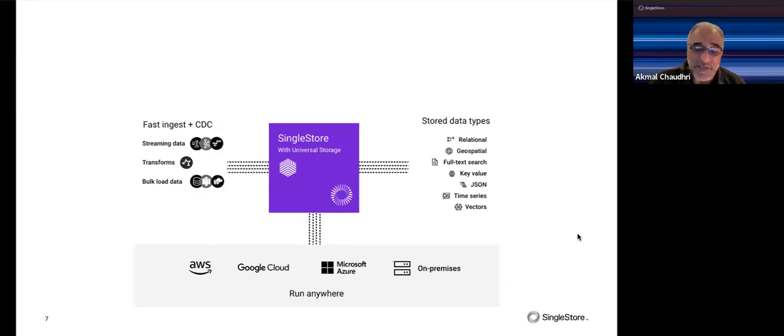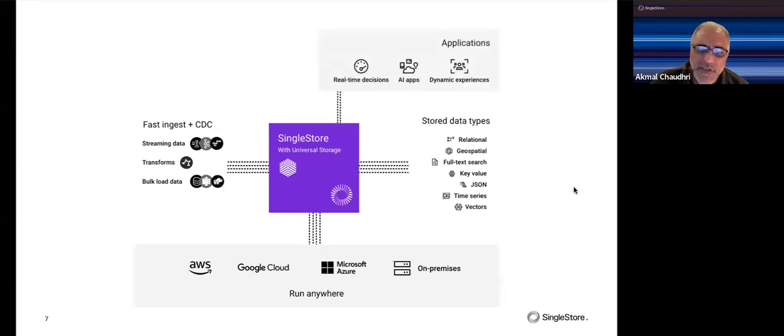Bear in mind that SingleStore has had vector support for quite some time now, 2017, I think, going back a few years. So it was a financial customer, I believe, that originally requested it. Earlier this year, we added a dedicated vector type, as well as some cool features such as approximate nearest neighbor indexing, ANN, and we've covered those in previous webinars. Finally, just to round it off, real-time applications,